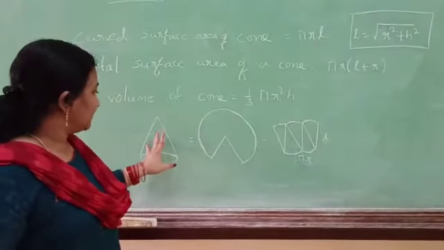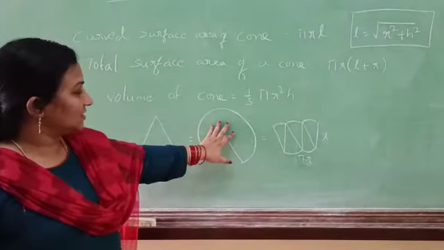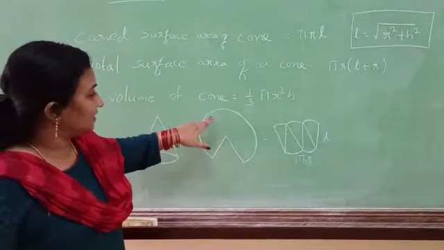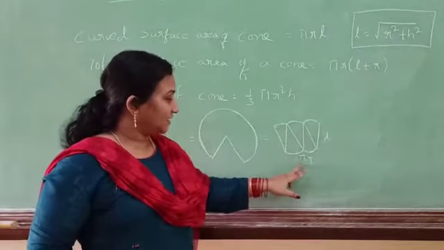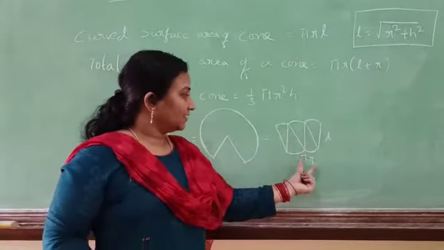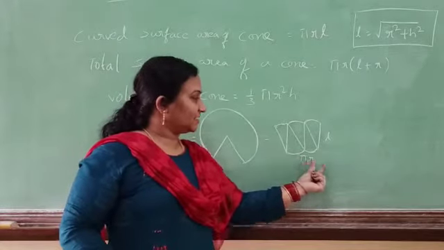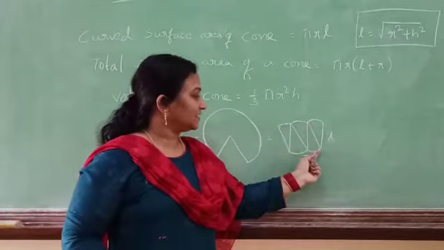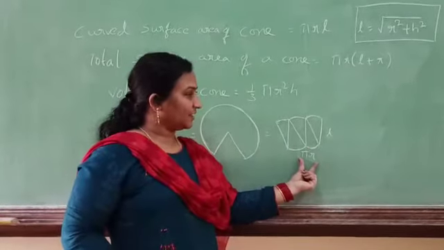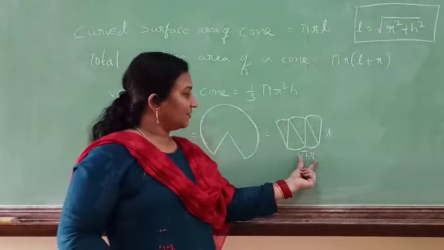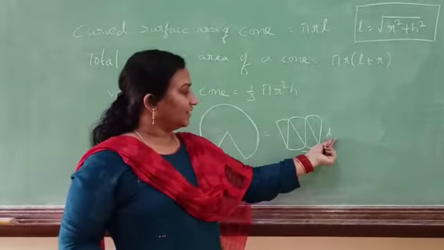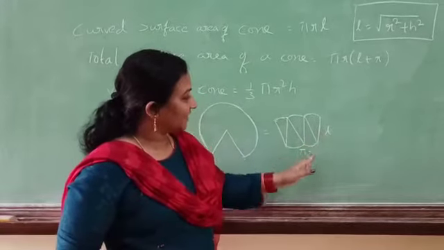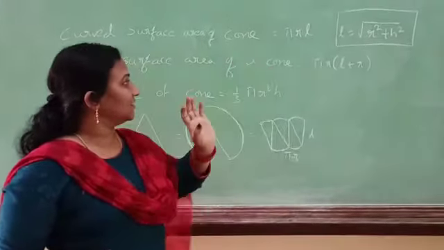So we have transformed a cone into a shape like this, and we have cut this into sectors and pasted it, and it has become a parallelogram. The area of a parallelogram is base into height. Half of the circle is here, half of the circle is here. That's why we have taken the semicircle formula pi r into L. L is the slant height, that's why pi r L is the curved surface area.